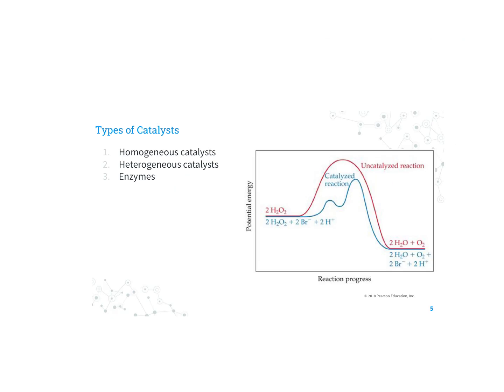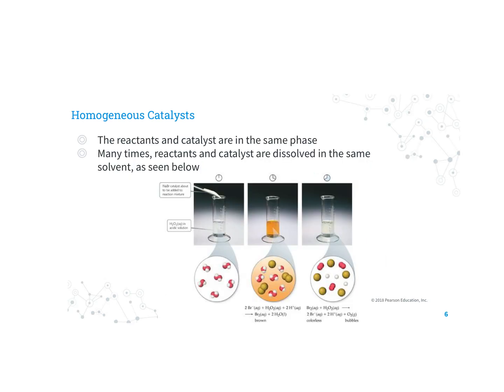So there are 3 catalysts that AP really wants you to know. The first is homogeneous catalysts. The second are heterogeneous catalysts. And the last ones are enzymes. These are essentially biological catalysts. They allow all the chemical reactions to happen in our body at any given time. So you might imagine a homogeneous catalyst is where reactants and catalyst are all in the same phase. So this, for example, would be if I had this reaction,